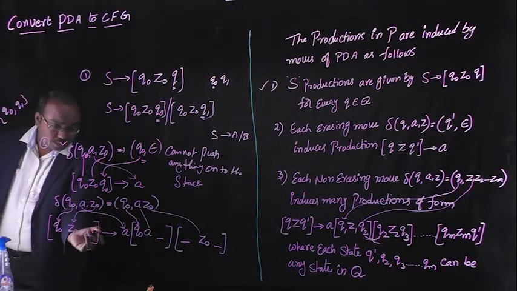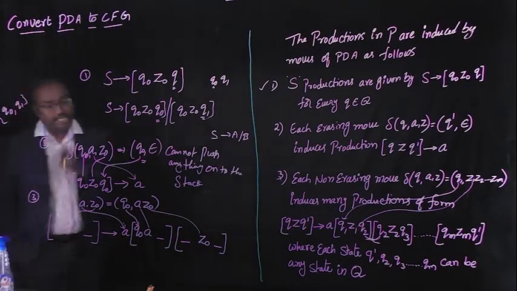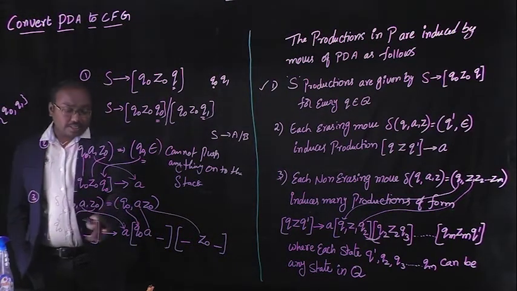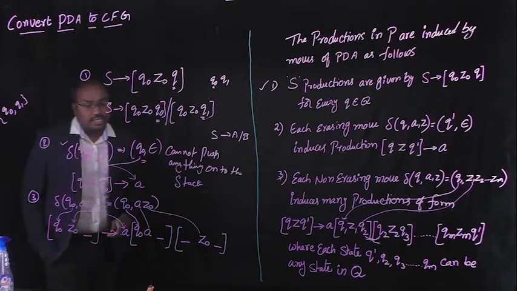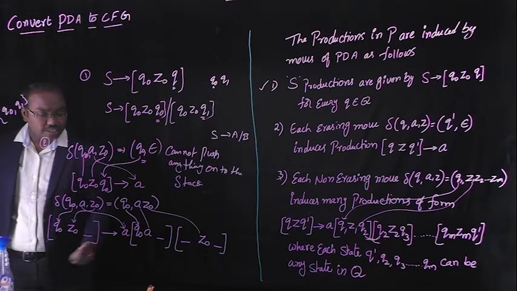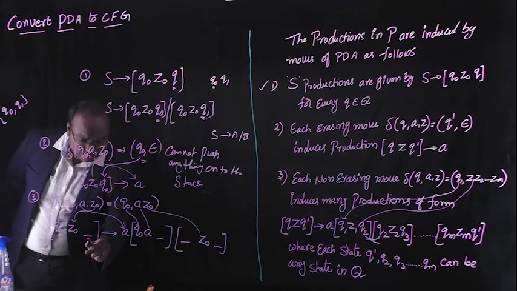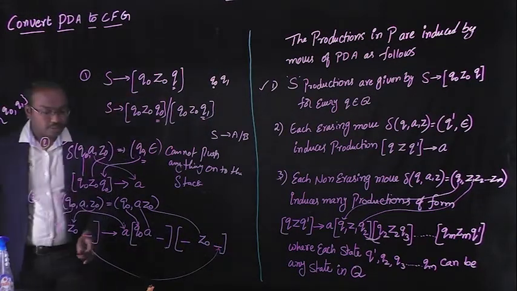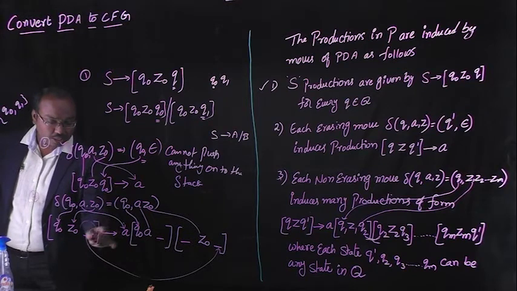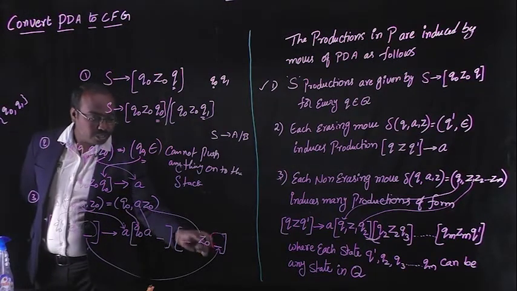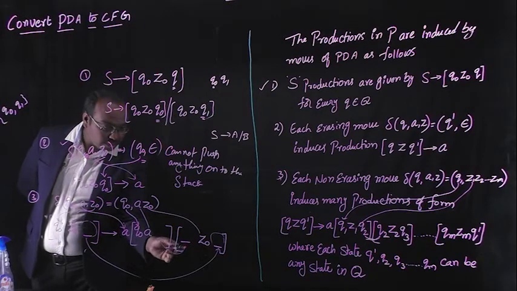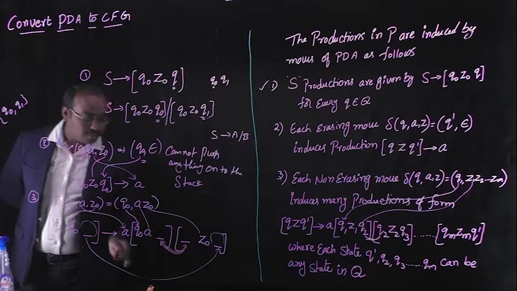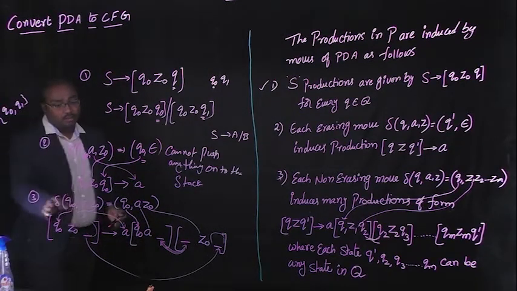Then we can write the states in these places. So what are the possibilities here? There are some conditions for writing the states in these empty places. First, whatever state we write in this place will be matched with the last position, and whatever state we write in this place has to be matched with the adjacent place. So these are the rules or restrictions for writing the productions for pushing the elements onto the stack.